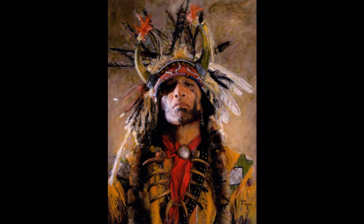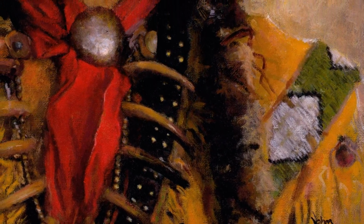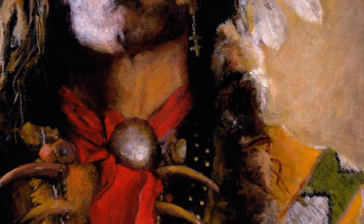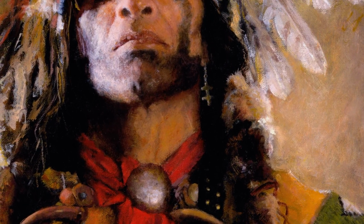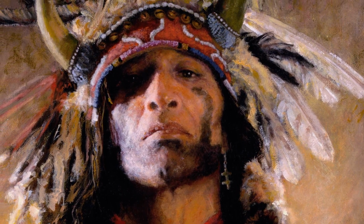How did you use your reference material, or what did you do for reference material? Well, as the title implies, Holy Man of the Buffalo Nation. He's a medicine man of the plains, and most of everything that he's wearing, these are things that I have in my own collection. His bonnet is geared towards a medicine man. His face paint implies that he's a part of the buffalo culture, and I have a model who's Native American that I dressed up, and we kind of started playing around with various